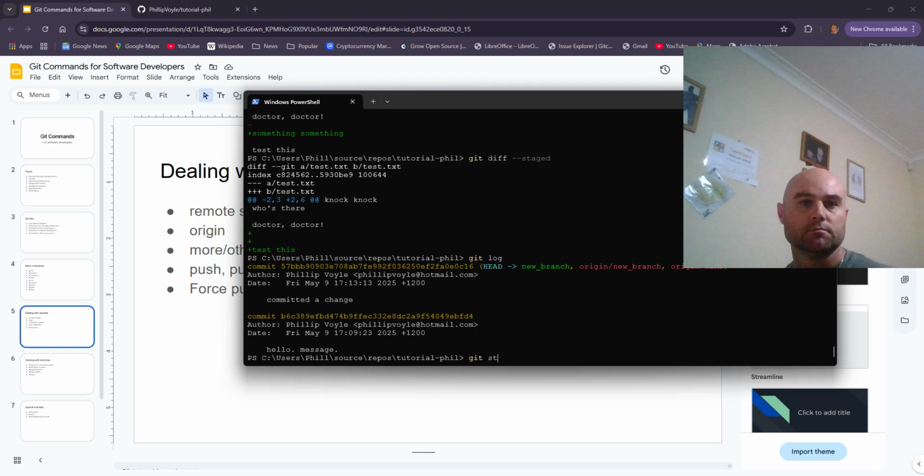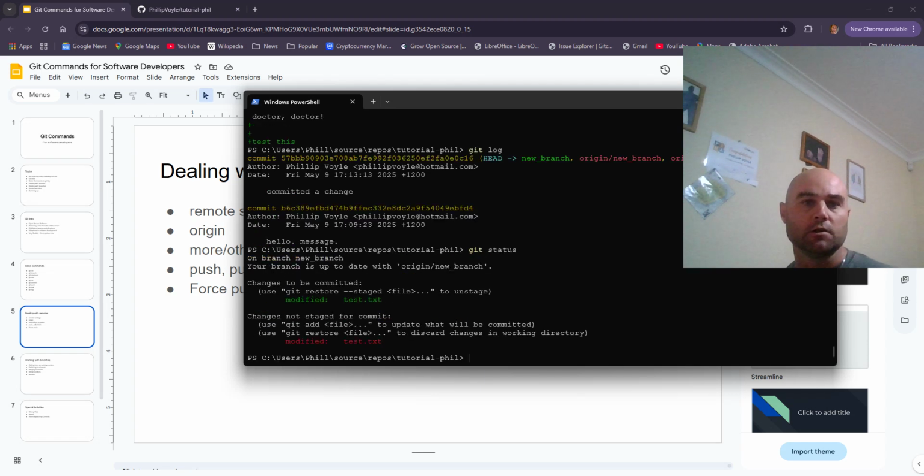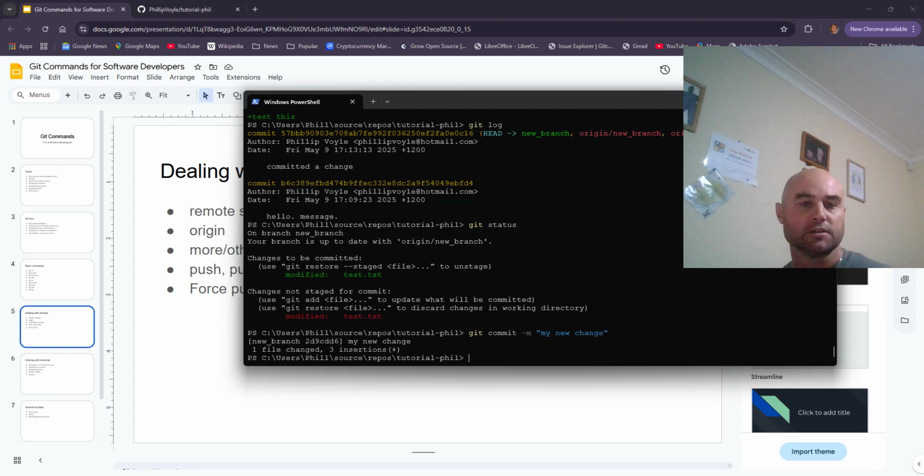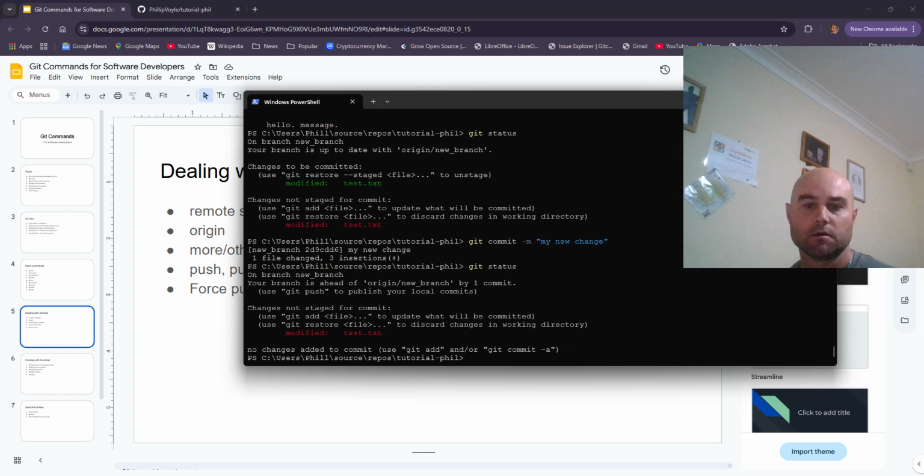And if you go status, you will see that we've got a modified change in the staged, and we also have a change in the working directory. So when we say git commit in my new change, it will make that change,